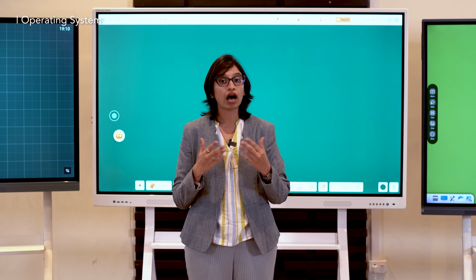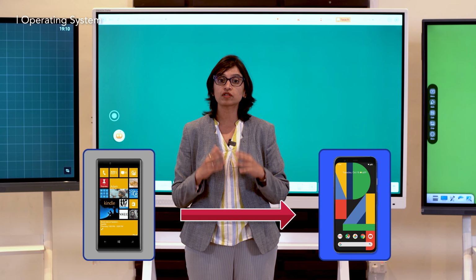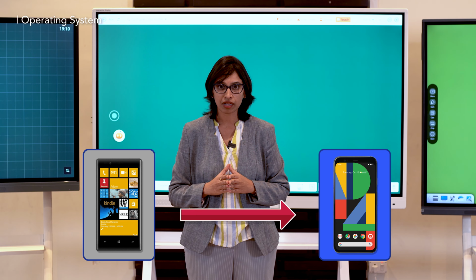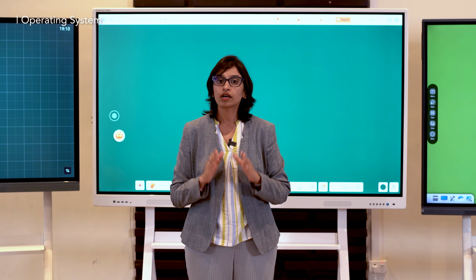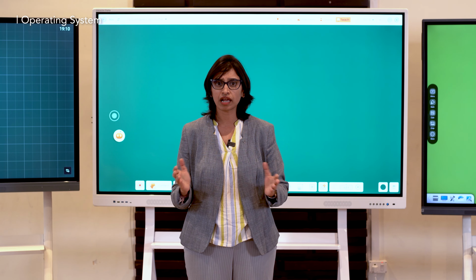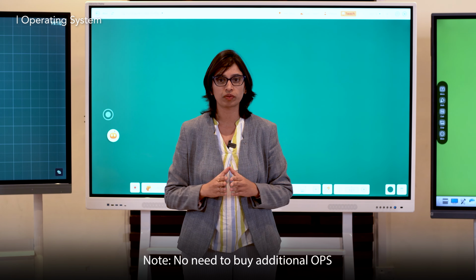If you would remember how Windows mobile phones were replaced by Android once they came in because of the greater functionality that they were availing. Similarly, Android panels are now the best preferred choice. While both the systems can be evaluated, I would recommend going with Android to avoid the additional cost of OPS module.